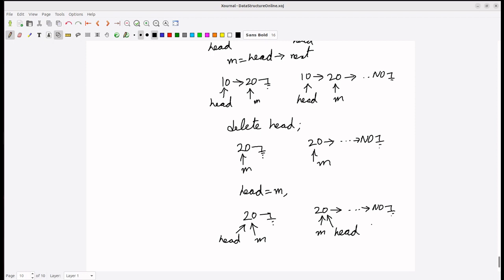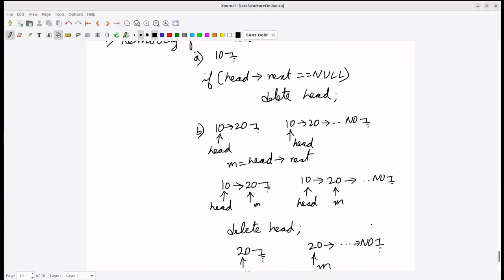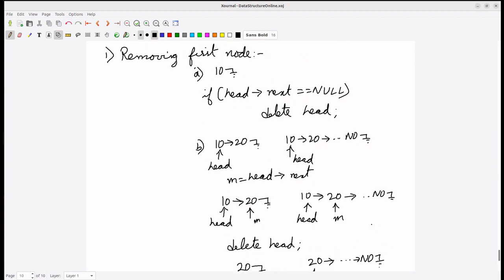Simple over here. The topic we will be covering in this session is only how to remove the first node, or what will happen if we remove the first node. Before removing any node, we'll first check whether the list exists or not by checking the head pointer. If head is null, the list does not exist. Else,